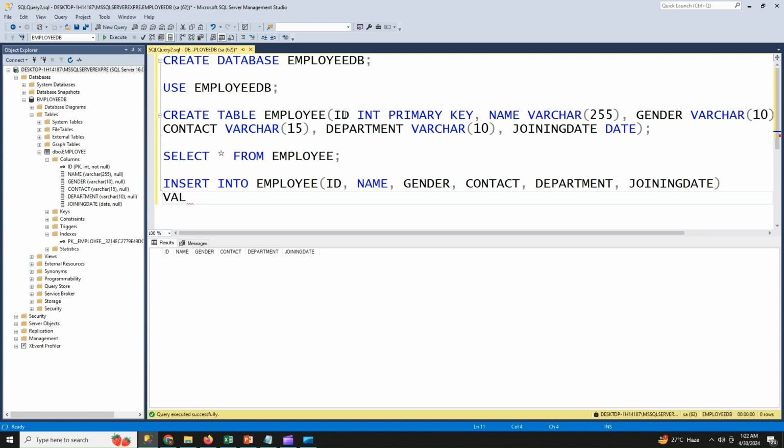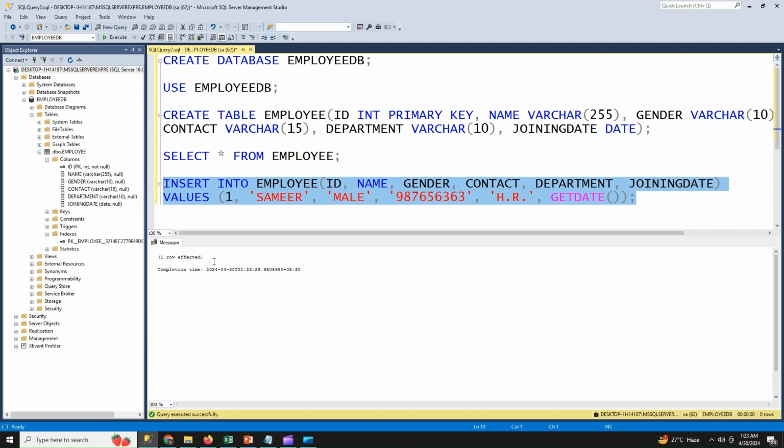Fill the values like ID 1, name Samir, and gender male. Contact number, we will pass some random value for the contact, and department is HR department. And for the date, we will take getdate, which is the system generated date. So we'll try to execute this one. Let's run this one. One row affected, we'll check.